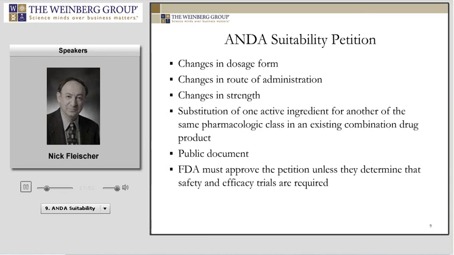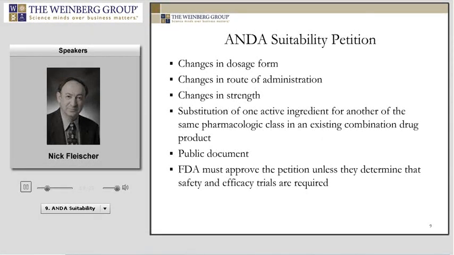But the main detriment in the petition process is that once the petition is approved by the agency, anybody can basically use that petition as a justification for filing their ANDA. So as I said, if the petition is out there, it's not just the applicant that has a right to use that petition as a justification, but anybody can use that justification and file their ANDA with the agency and say, based on this petition, I'm filing my ANDA, which is different from the reference drug, and here's the information to support my change, etc.